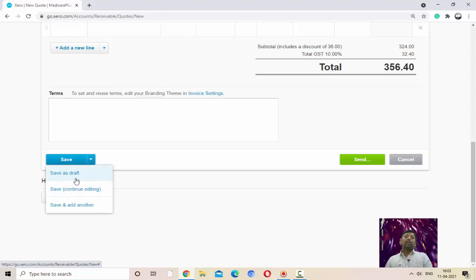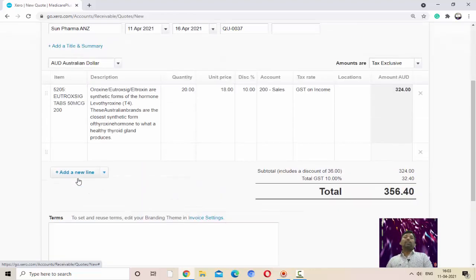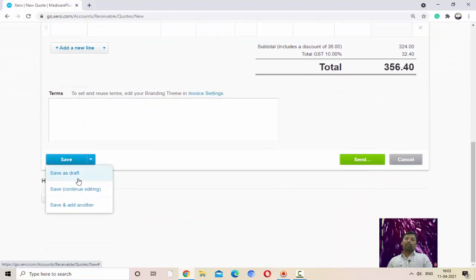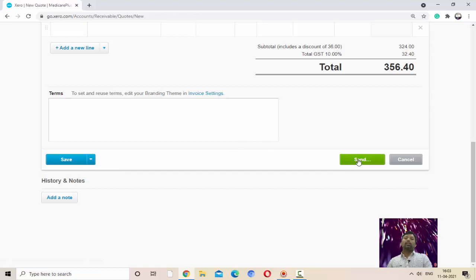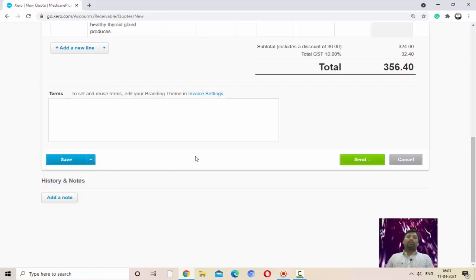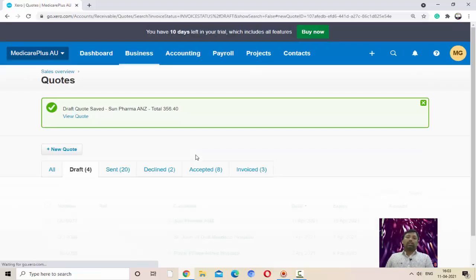Save as a draft means you have generated this quote but not sent it to the customer for their acceptance. If you want to send it, then click on this option send. If you want to send this quote to your customer later on, then you can save it in the draft. So I save this quote in the draft.